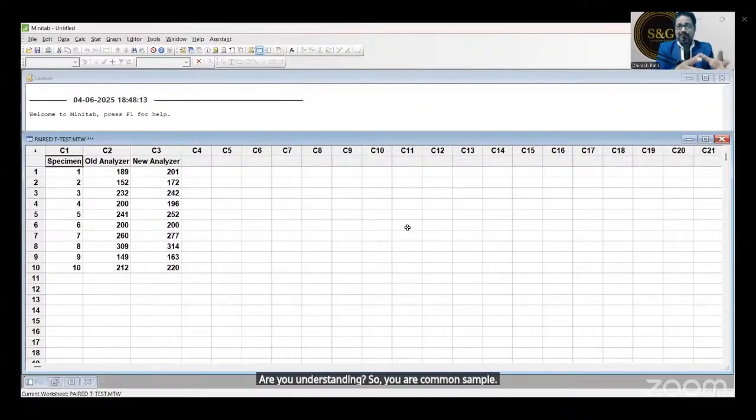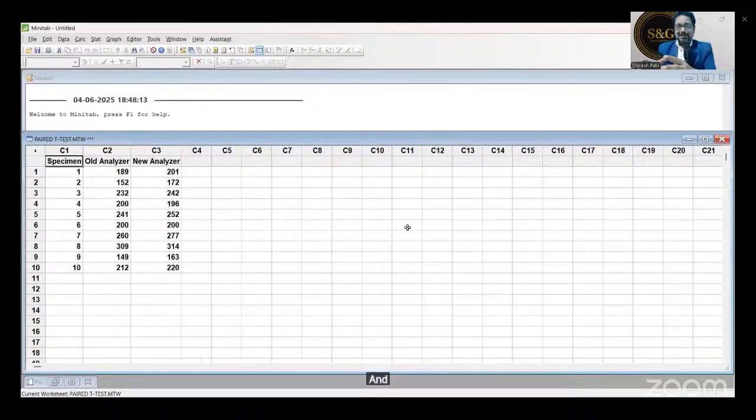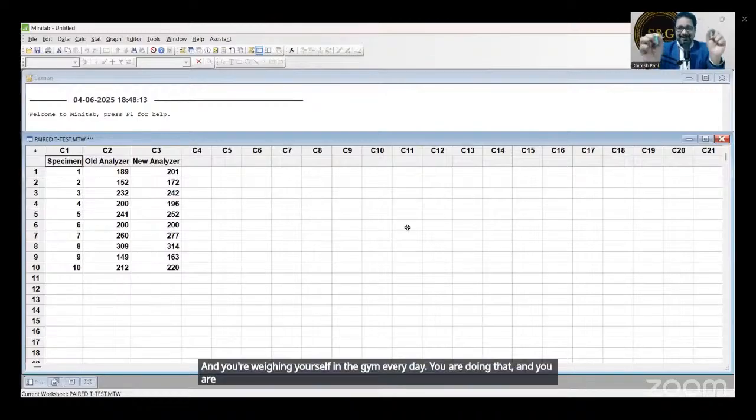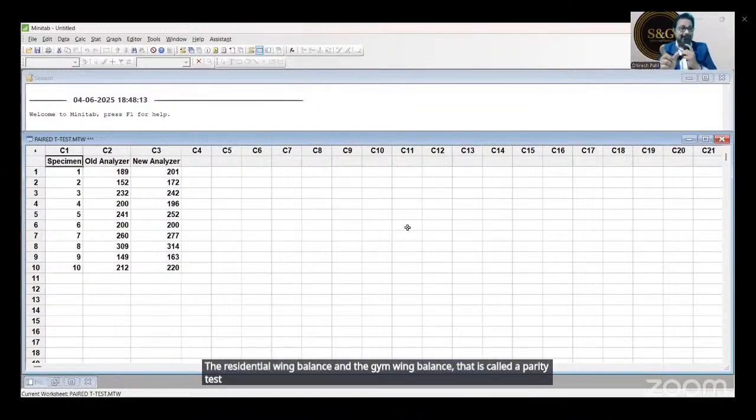You note down the weight, and then if you want to check whether there is a statistically significant difference between the residential weighing balance and the gym weighing balance, that is called a paired t-test, where the sample is common here.